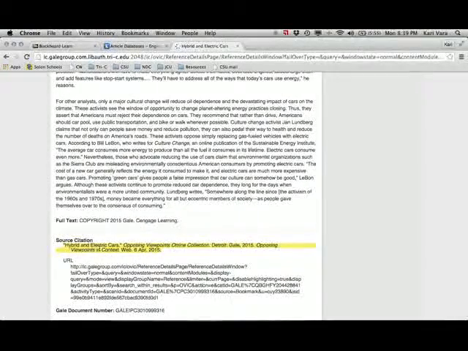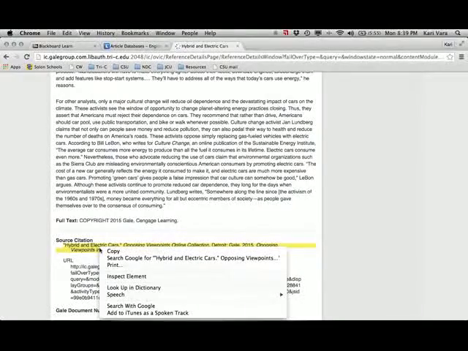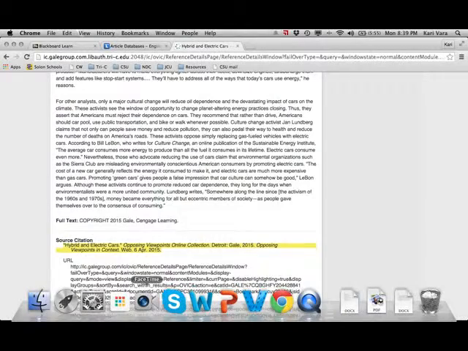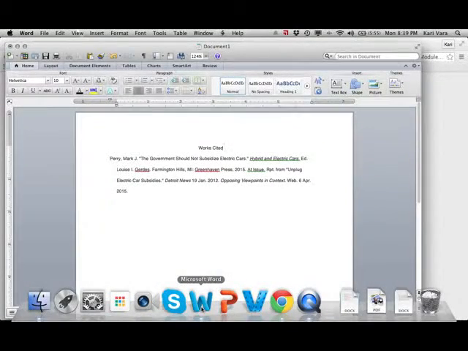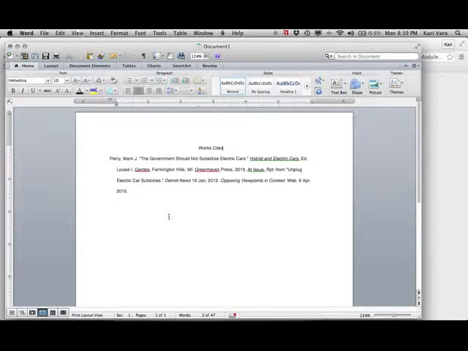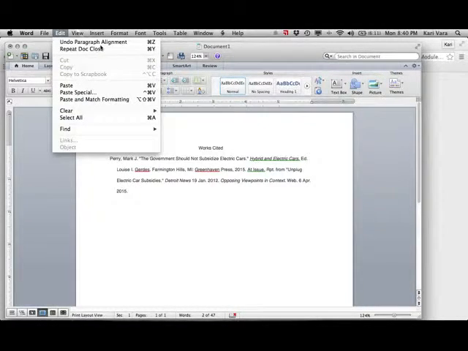So I'm going to highlight and right-click on that, choose Copy, and then I'm going to open up a Word document where I already have one source listed. And you'll see this source starts with a P. This is one of the viewpoints on this page. And I know that this second source starts with an H, so it's going to go before this one because they go in alphabetical order. So I will paste this